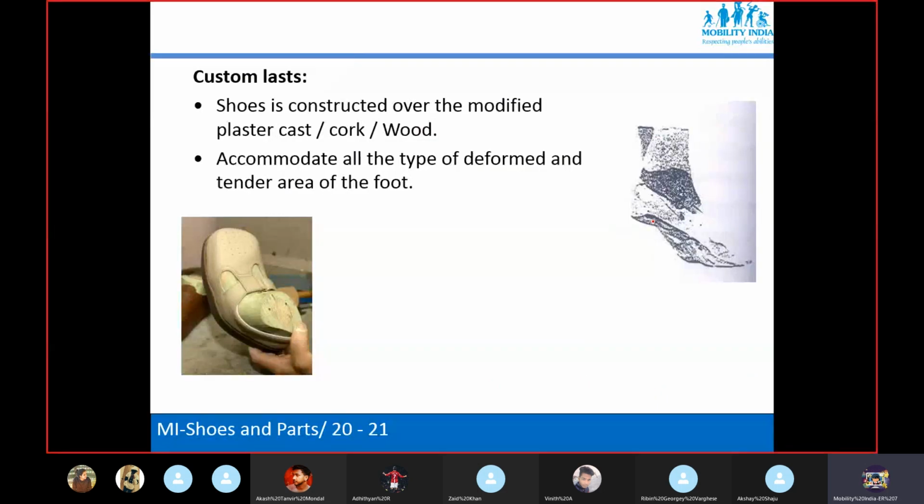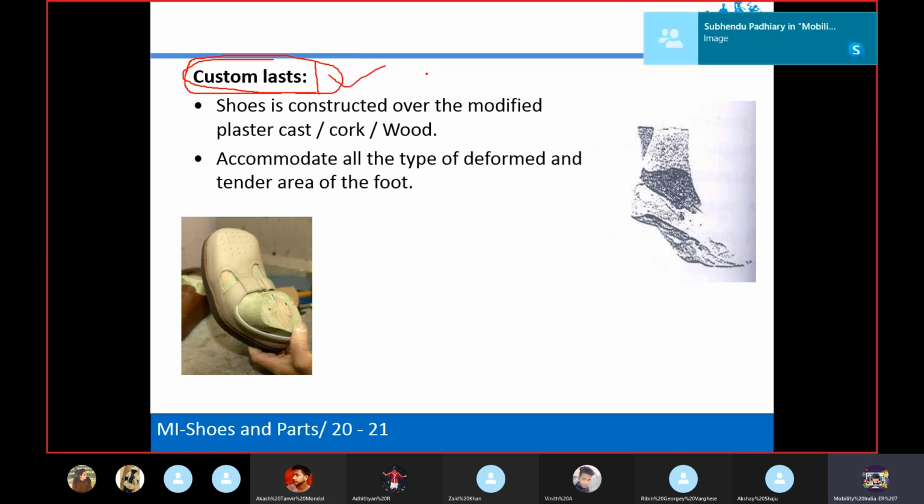And this you can see here. The next one is the custom made shoe last. Custom made, what are you understanding? When you are going to buy cloth for yourself, you buy ready made, prefabricated, that is available in different sizes. That is one thing. If that does not fit, then what do you do? You buy the cloth and give it to the tailor, and they stitch the cloth. Correct?